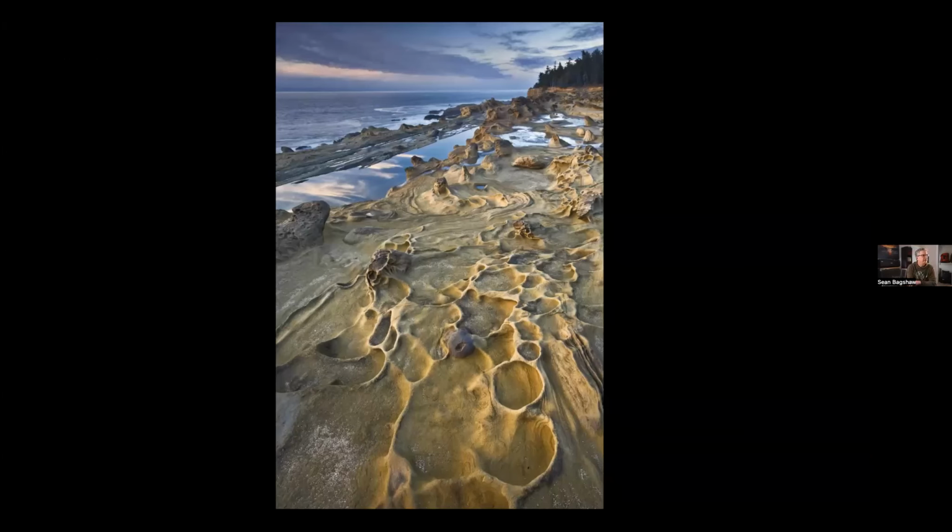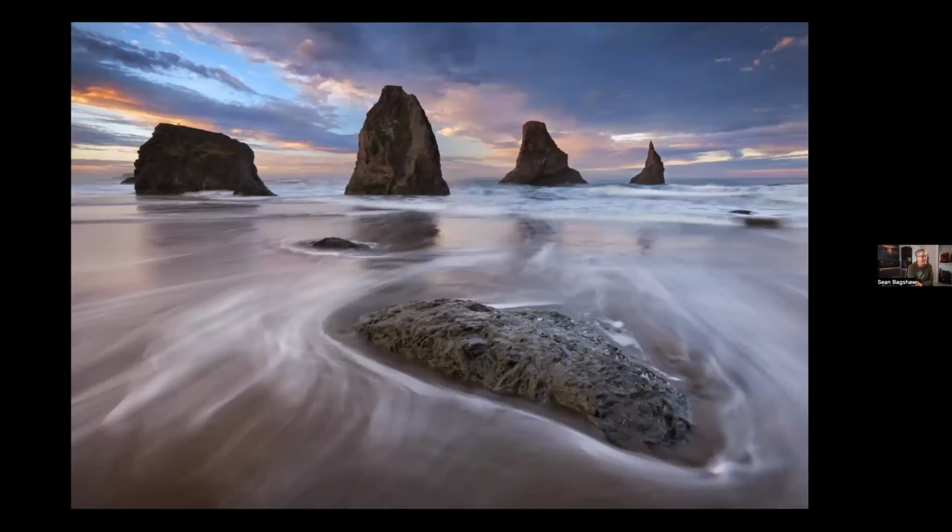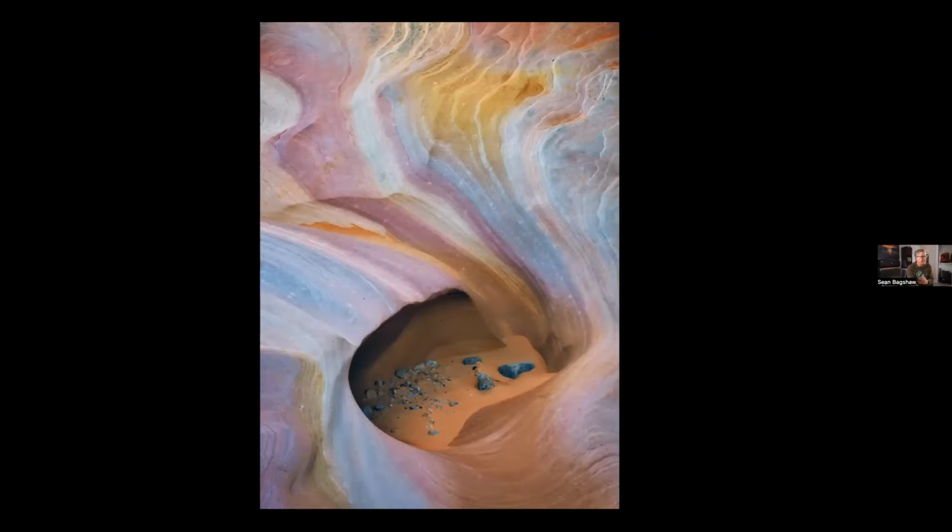Looks great. Okay, so just some of my photos throughout the years. I am a landscape, nature, and travel photographer like many of us. I do a lot of photography around Oregon coast, and then throughout the Western US and around the world. And I think my photos,